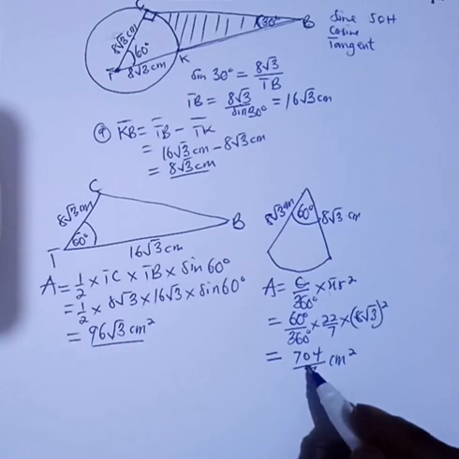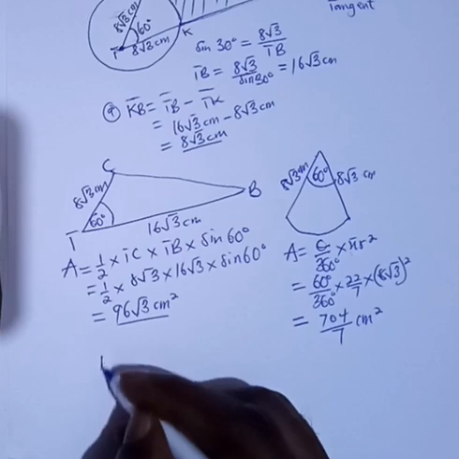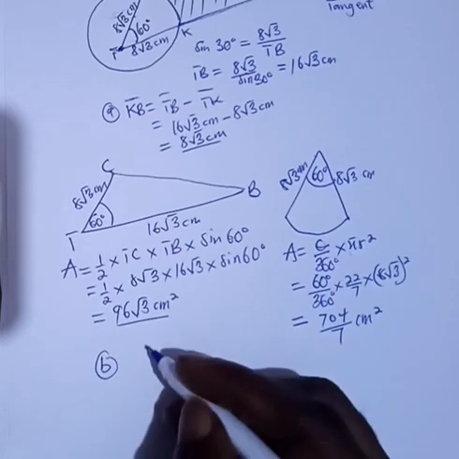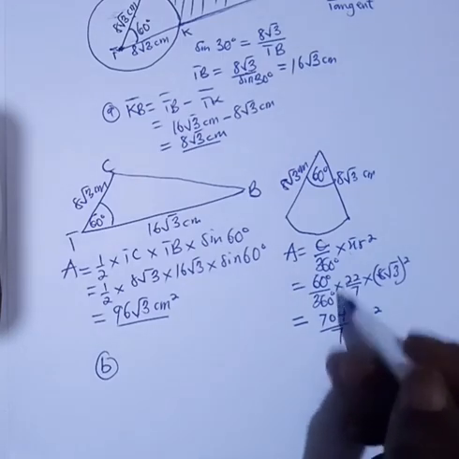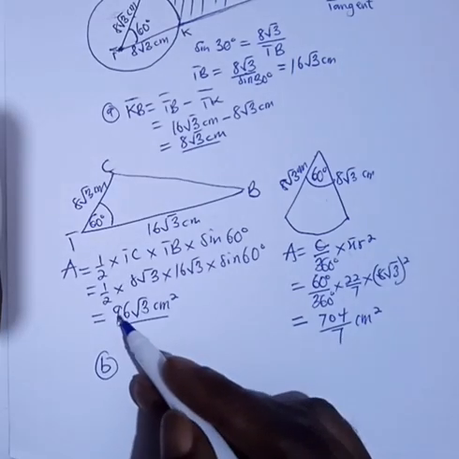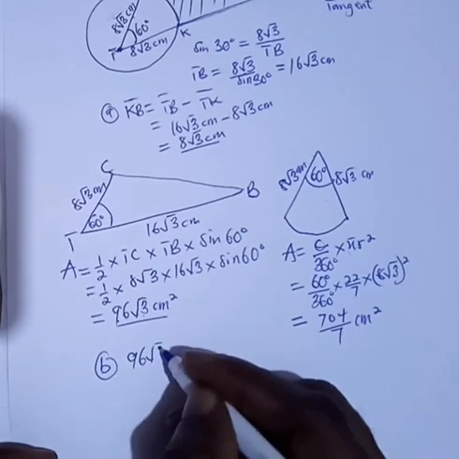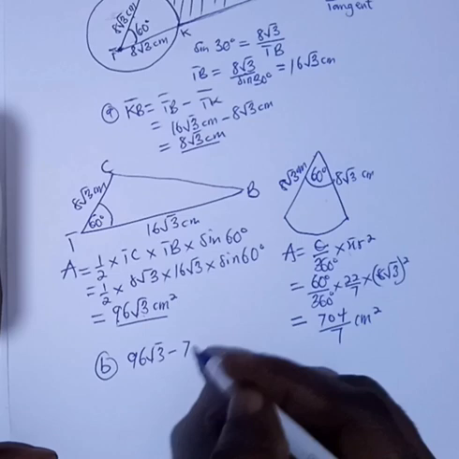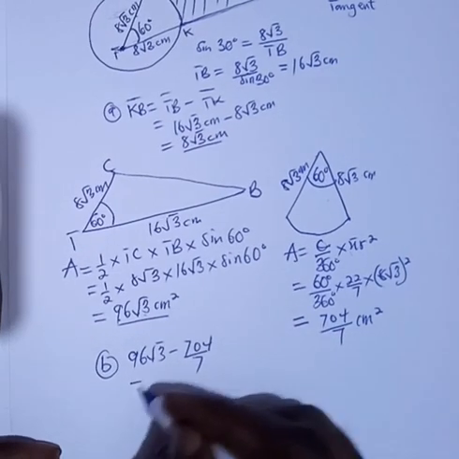Good. So once we know this, then we can find the area of the shaded portion. So it becomes area of the shaded portion. We only subtract the area of the sector from the entire diagram. We got this as the area of the entire diagram. So it will only be 96 root 3 minus 704 all divided by 7, which will give us